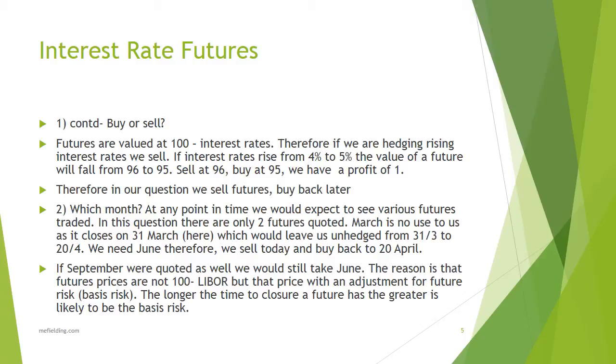You're given 2 futures. You can't use March because your March future closes on the 31st of March. In fact, in real life, it'll close on the 3rd Wednesday of the month, so it'll be before that. That would mean that you were unhedged against interest rate rises from the 31st of March through to the 20th of April. So therefore, we have to take a June future. Now, as the slide says, if in the question we were quoted September futures, we would still use June, because June will give us as close